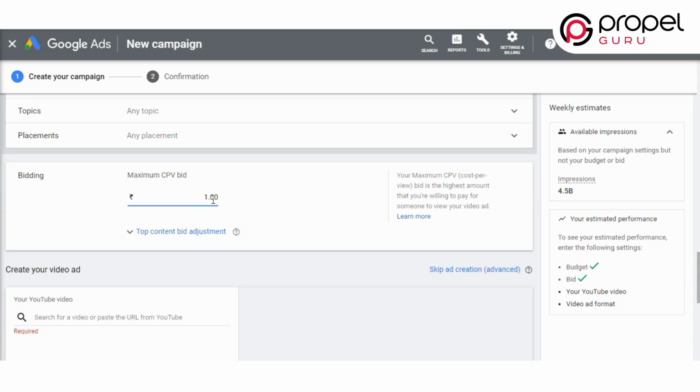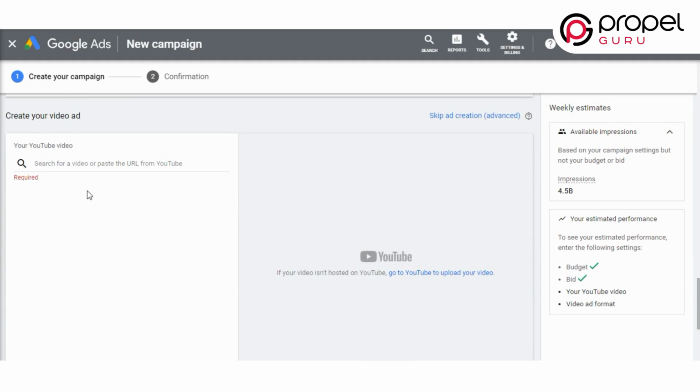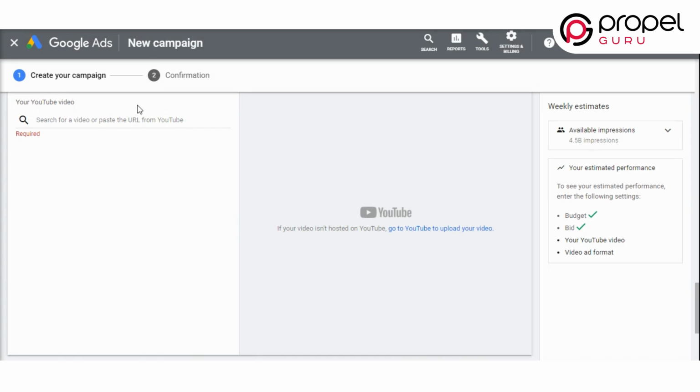After 1 or 2 weeks, we can analyze which keyword is working great and which one is on the low side. After understanding this, we can remove the unnecessary ones and move forward with those that are benefiting us. So the further process after launching the campaign is to understand which keywords are working the best and optimize your budget. Along with that, increase your view rate with the lowest CPV bid.